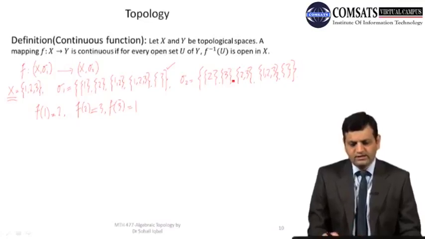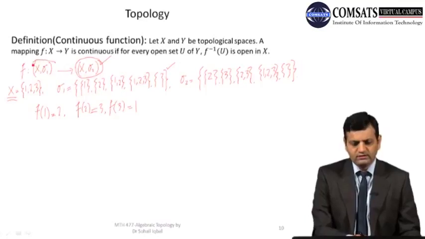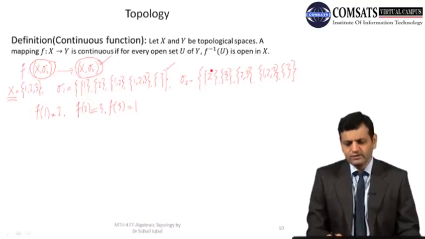Basically we have to take open sets from this topological space and see their inverse images, and if the inverse image of each and every open set is open in this input space, then we can say that F is a continuous function. So here {2} is an open set, and the inverse image of {2} is basically